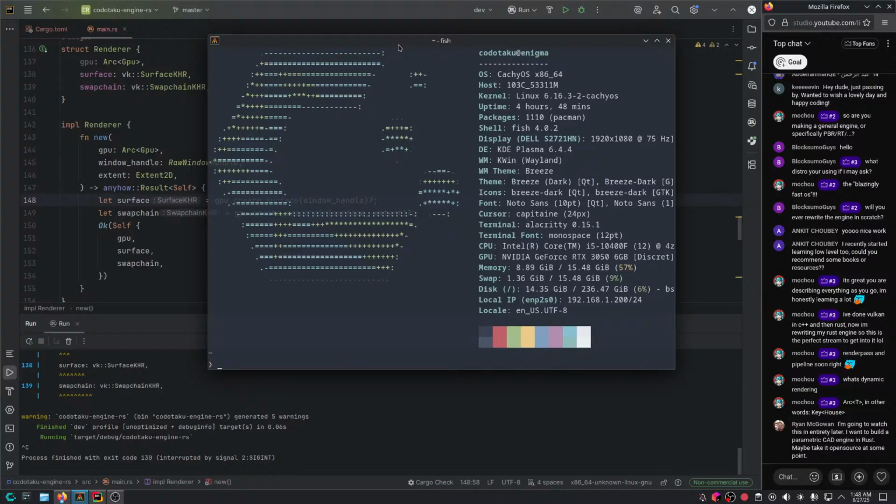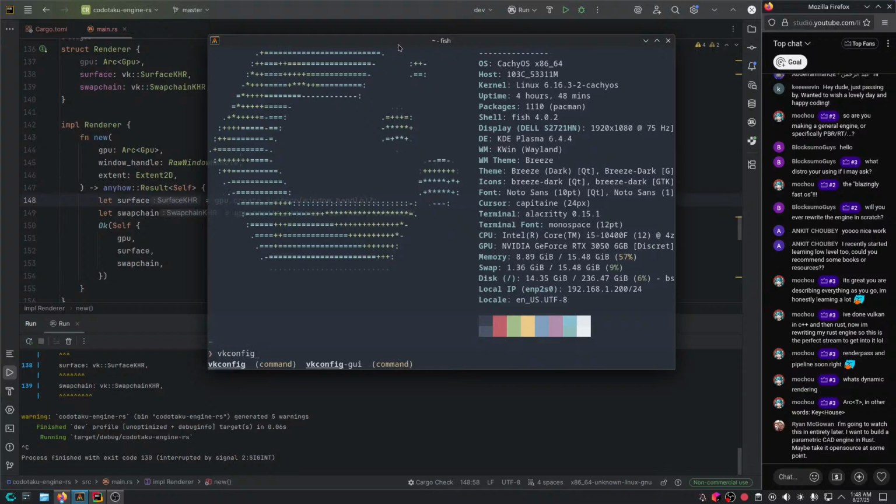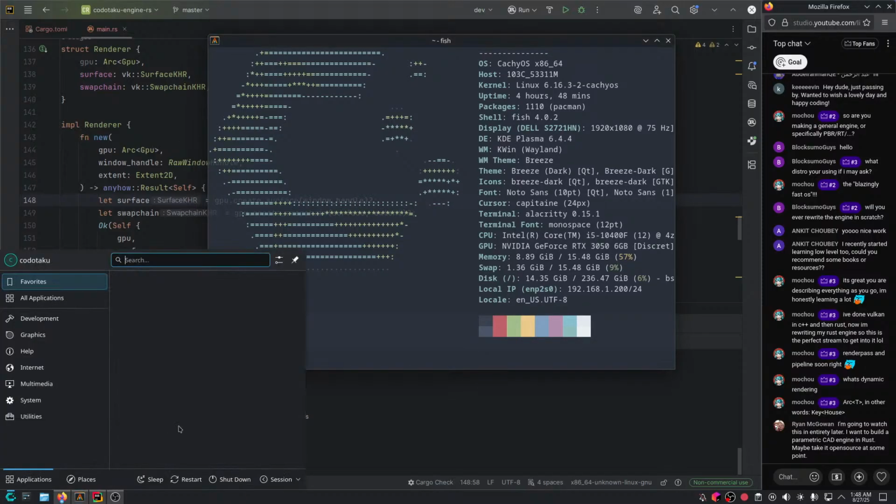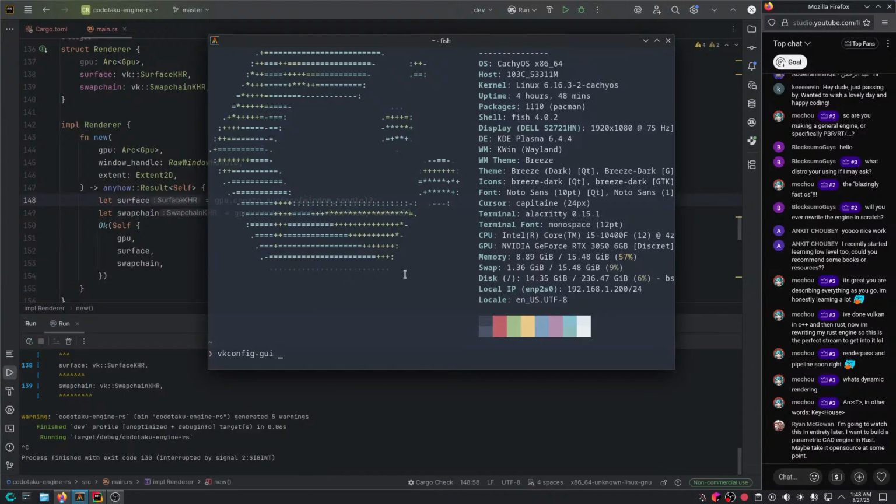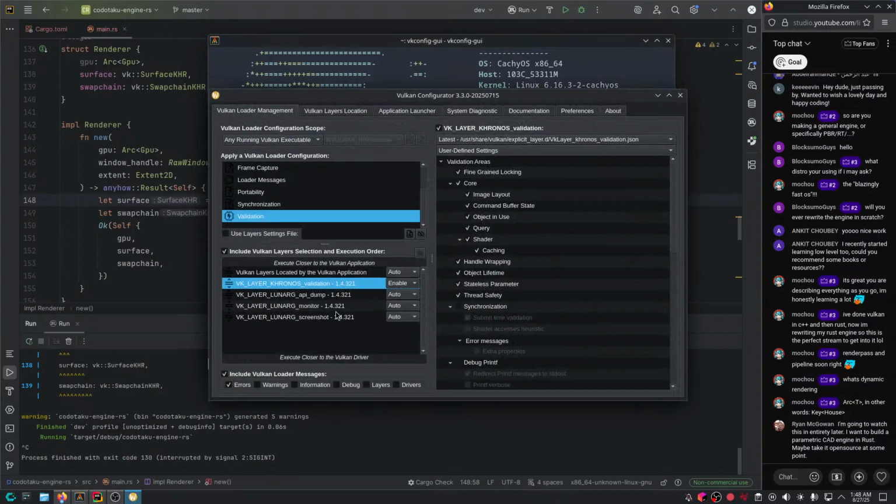If you're on Windows or macOS, you're going to install the Vulkan SDK from their website. Once you do that, you're going to have a tool called vkconfig-gui. On Windows, I think you may have access to it in your menu, or you could go to the C drive and find the Vulkan SDK folder there. In my case, I could just run vkconfig-gui here, and I'm going to get this thing right here.